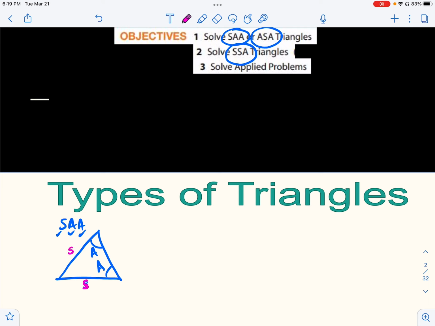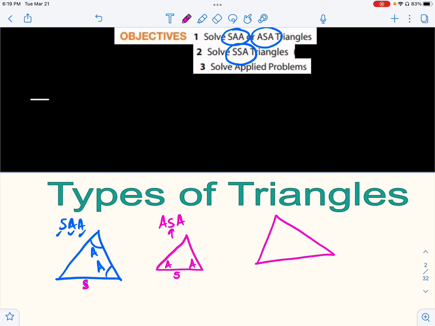All right. Then comes in the second type, which is ASA. You can see the side is sandwiched between the two angles. So if I know this angle and that angle, then the side that will be known will be the one between the two angles. And the third type is the SSA, so side,